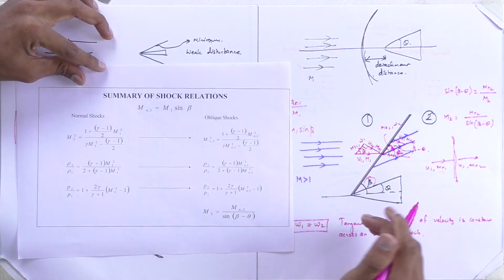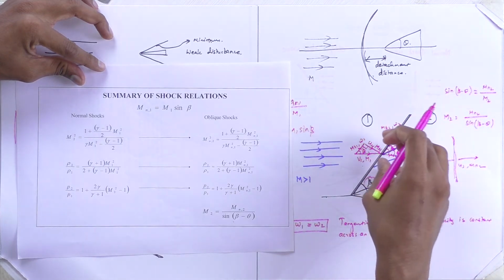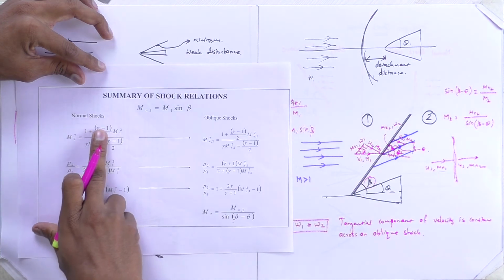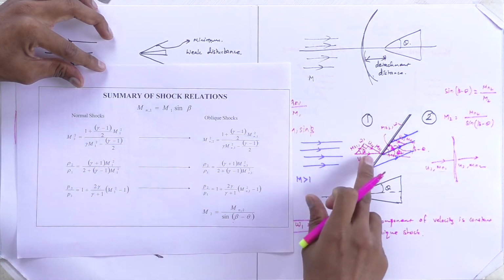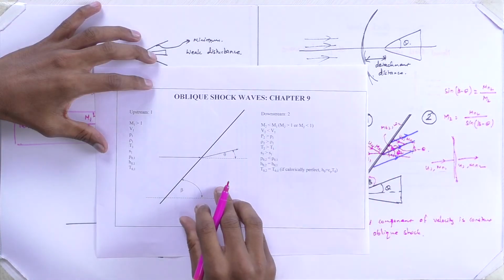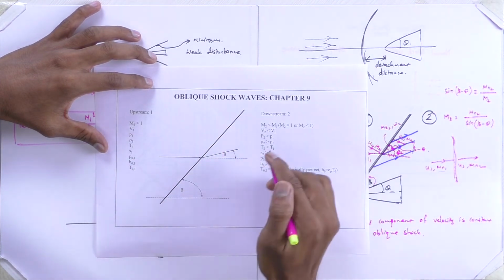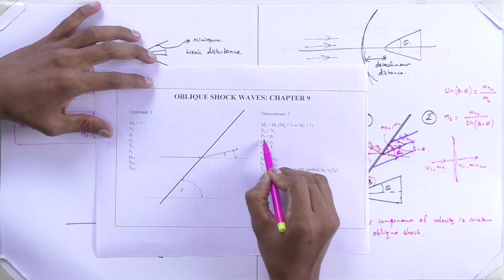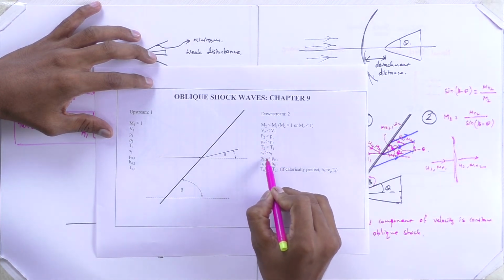As I mentioned earlier, all the flow property variation is only due to the normal velocity components. So that is related by the normal shock wave relations. Wherever we have the Mach number value, there we are going to replace it by the normal Mach number components, with reference to the normal shock wave relation. After the substitution of upstream Mach number, at downstream we will have Mach number decrement, velocity decrement, static pressure increment, density increment, static temperature increment.